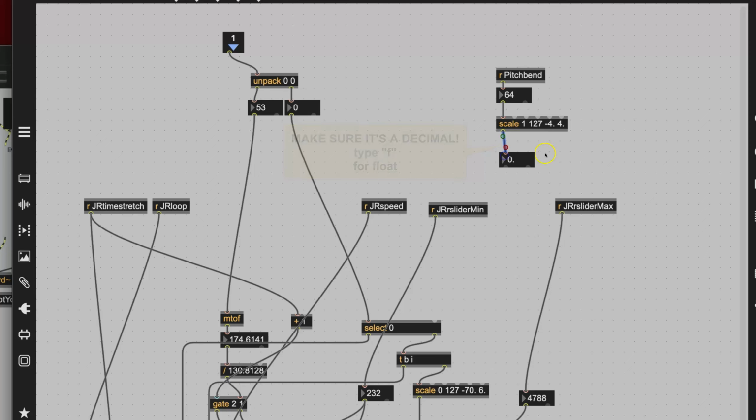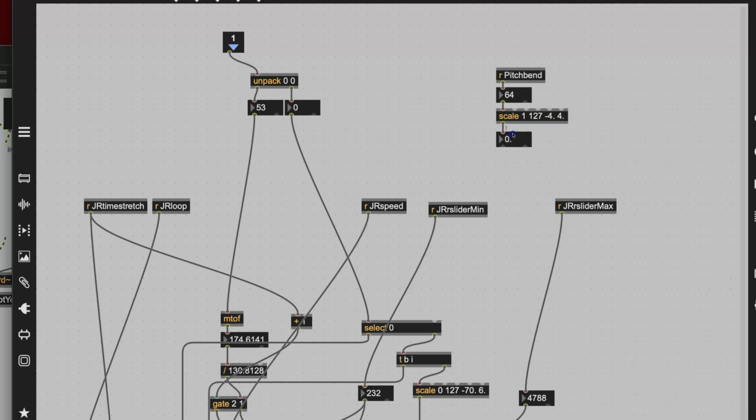So here's the float, and we can push this, and say there's 64, and it comes out exactly 0. And then if we go all the way up to 127, it goes up to 4, and if we go all the way down to 0, which we can't do because it'll really only go down to 1 and then it'll stop, it'll be negative 4. So this is now working perfectly